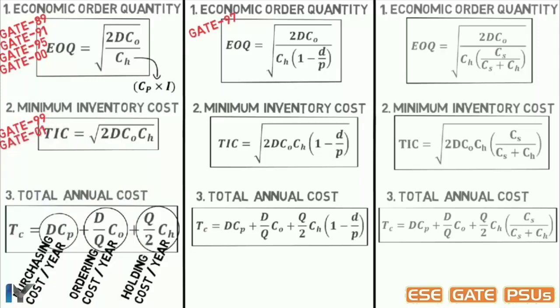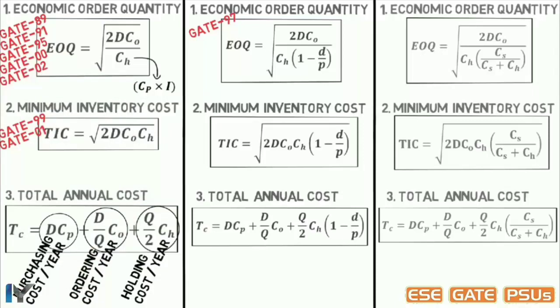In GATE 2001, a 5 marks conventional question was there with 2 price breaks. That is, if you buy below 100 quantity, then unit price will be 150. But if you buy above 100 quantity, then unit price will be 100 only. Then find EOQ. In this type of questions, first find EOQ for both the cases using different CP value and then find inventory cost for both the cases. And by comparing them, select the EOQ which gives less inventory cost.